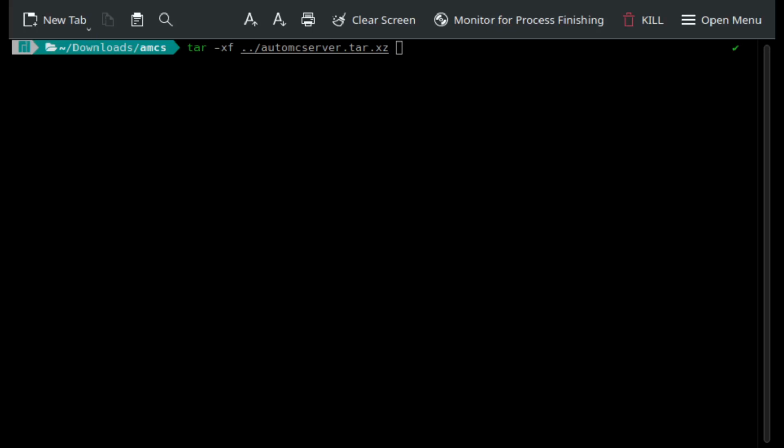Hello, and in this tutorial I'll be teaching you how to install Automatic Minecraft Server using the new build system found in 0.7 and later. The latest version, as of time of speaking, is 0.8.1. So I've already downloaded the